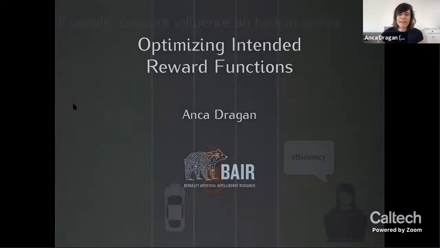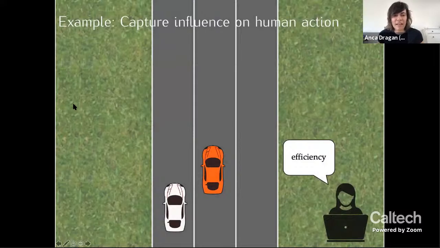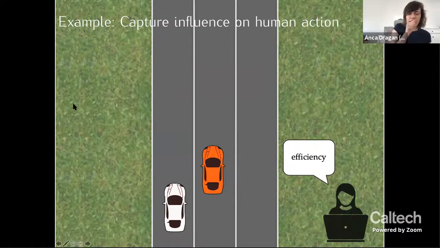I was working on autonomous cars, and we set up a little simulator, and we had this autonomous car here in orange, and a human-driven vehicle in white. And we said, okay, I know what to do. I'm going to write down a cost function, we're going to run model predictive control, and we'll get this car to do its thing. The first attempt at a cost function was: stay on the road and all the safety stuff, don't hit things, and be efficient. Make progress in this car.